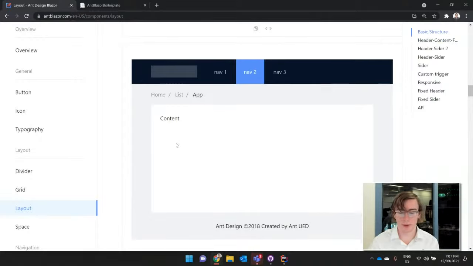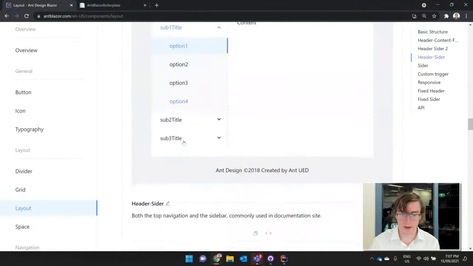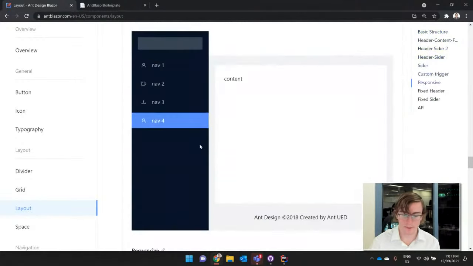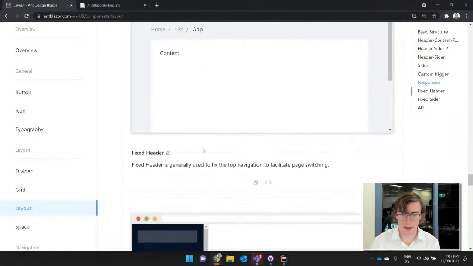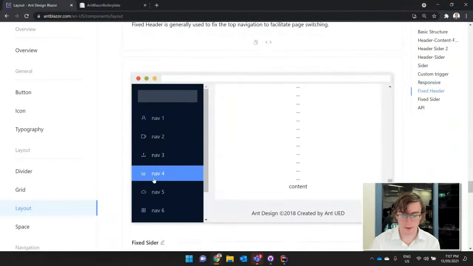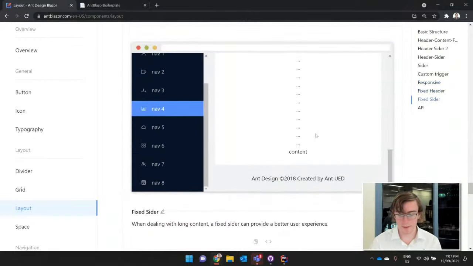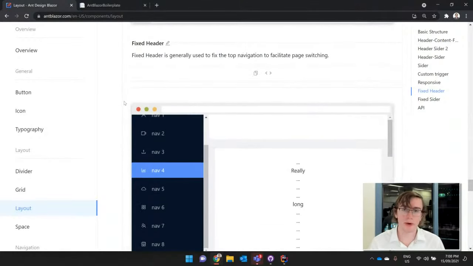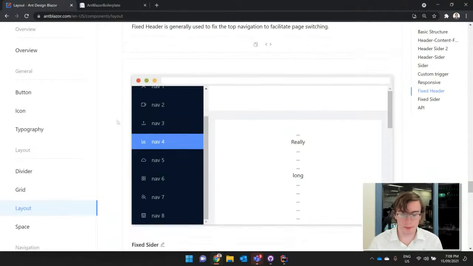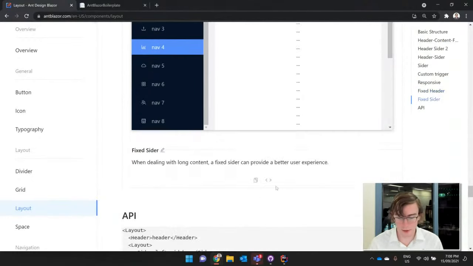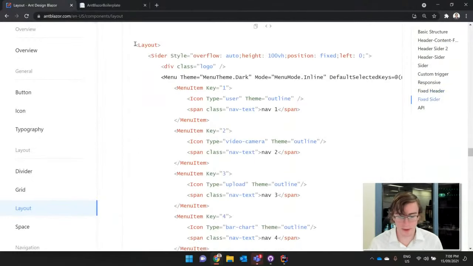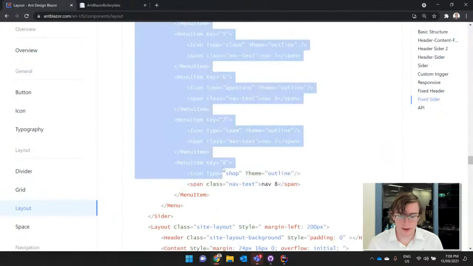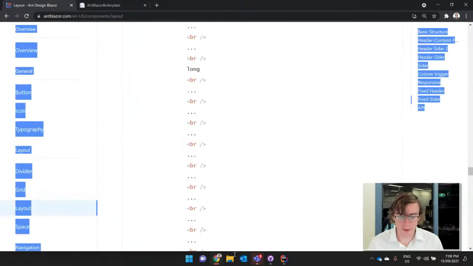So I can scroll through here and at random pick any of these that I might like and just copy it in and use it. So let's say I want a fixed sider. Why not? Because maybe I have a lot of content, and maybe I'm working on an internal project which outputs a lot of data, but there's a lot of menu items. I can just go in here, select show code,